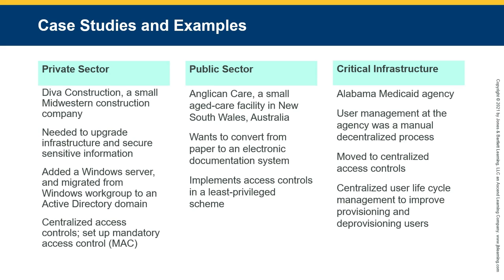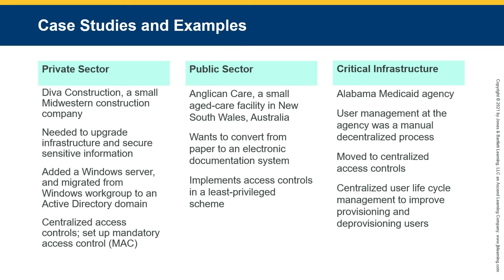Case studies and examples. Private sector: Diva Construction, a small Midwestern construction company, needed to upgrade infrastructure and secure sensitive information. They added a Windows server and migrated from Windows workgroups to an Active Directory domain, centralized access control, and set up mandatory access. Public